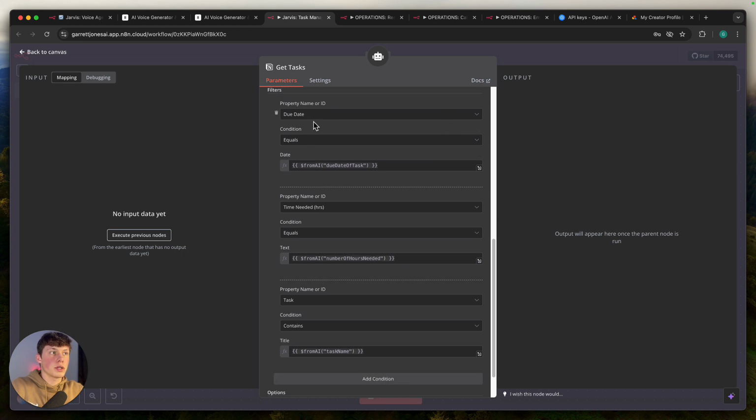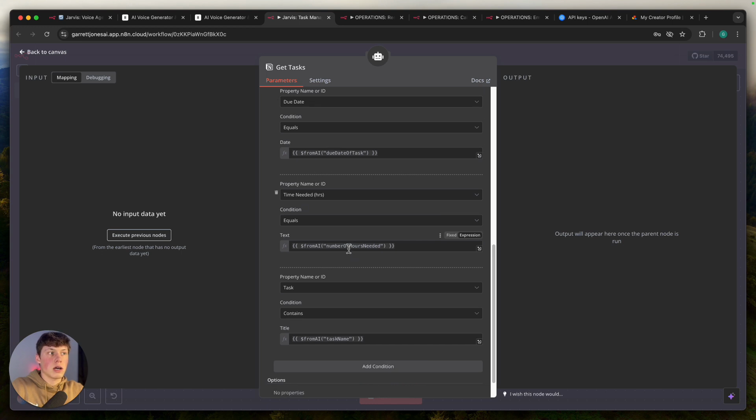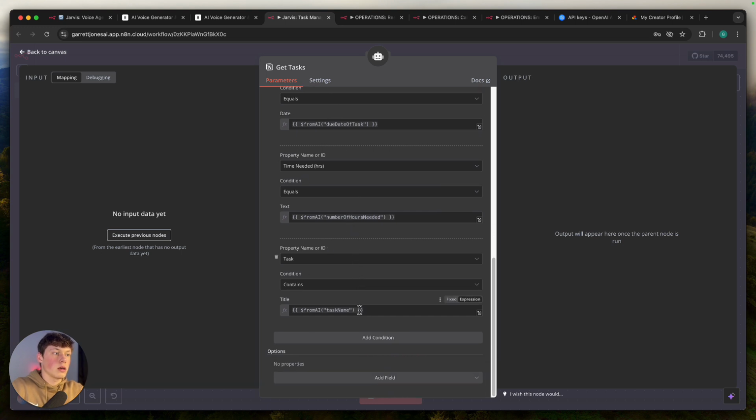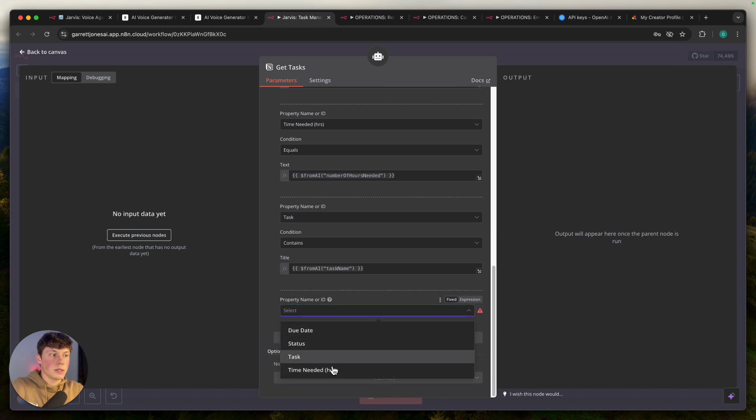Whenever we are searching for tasks, this agent can actually search based on the task due date, the time needed, the task name, etc. And all you want to do is click add condition. It'll give you a drop down of the list of properties that you actually have for your to-do list. So for example, if I select due date,